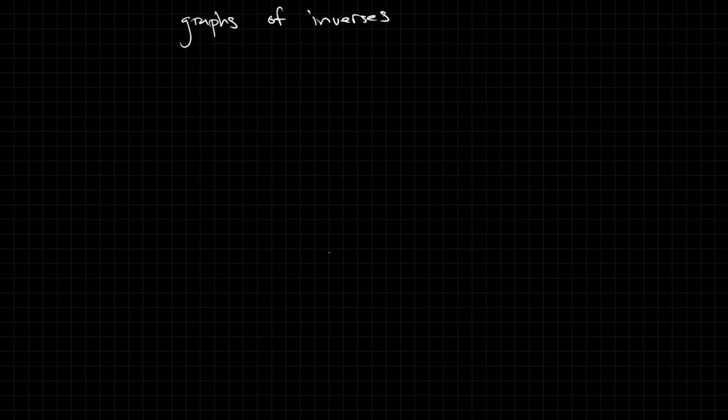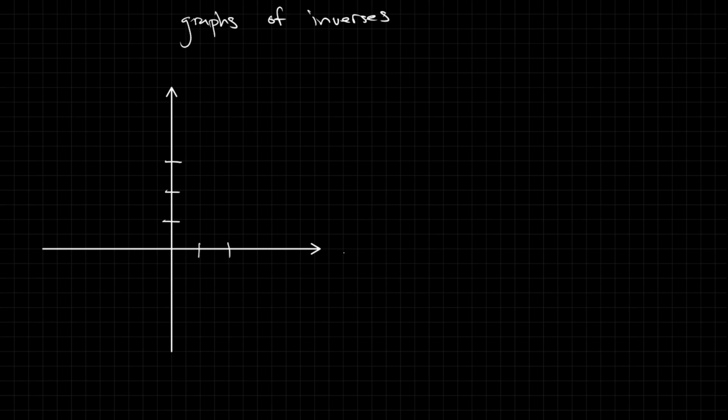Let's explore how graphs of inverses are related to the original functions. So let's go ahead and graph ourselves a one-to-one function. Include a scaling, label our axes, and I think my graph will go through